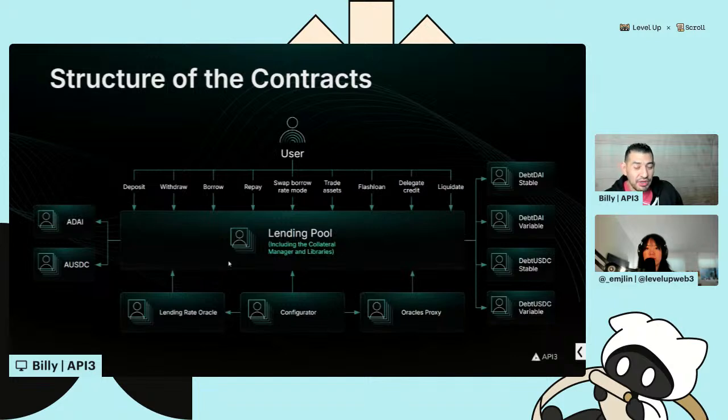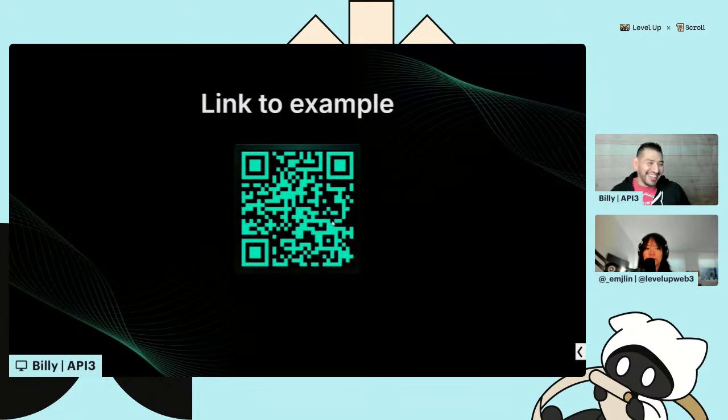And for the liquidations, we are going to interact with that contract, and that's available to you when you deploy it from that list of stuff that you had on the previous workshop. Link to the example. This is the GitHub. Let me go ahead and do that, so anybody watching can see it here. This is the repo, so you can use it as the example.